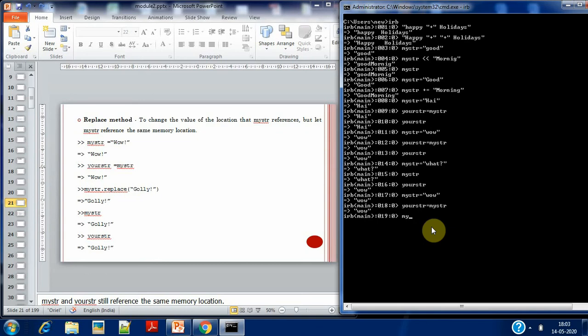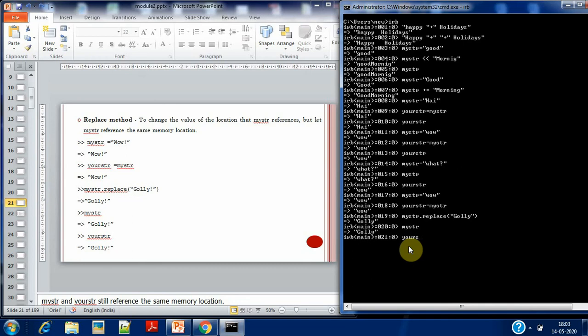Okay, now we will try to change some value. Mystr dot replace, we are going to change the value. So what happened now, if you check the data that is there in mystr, you have Goli.